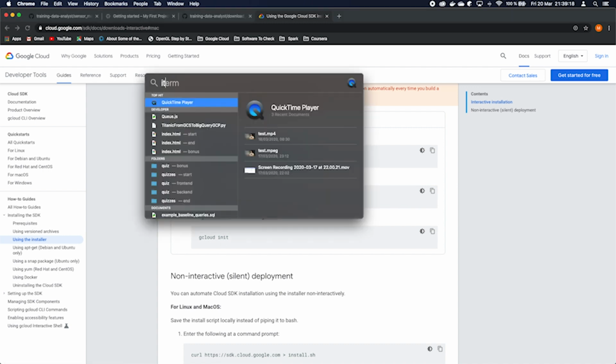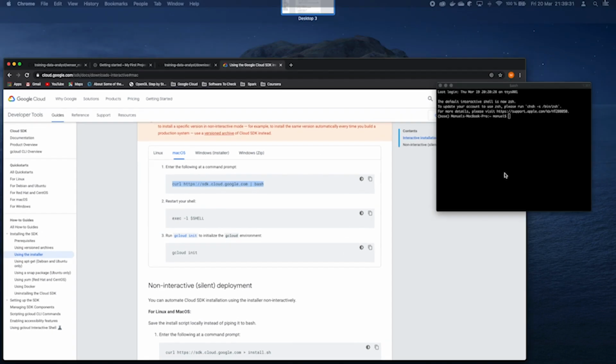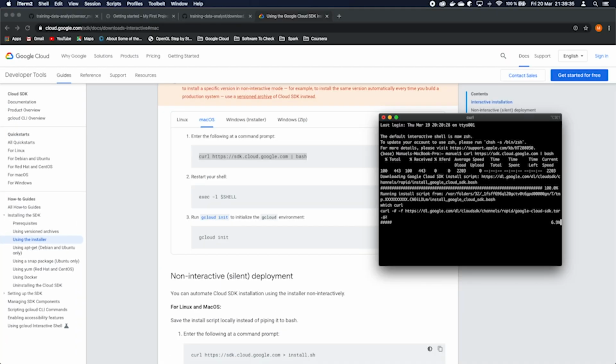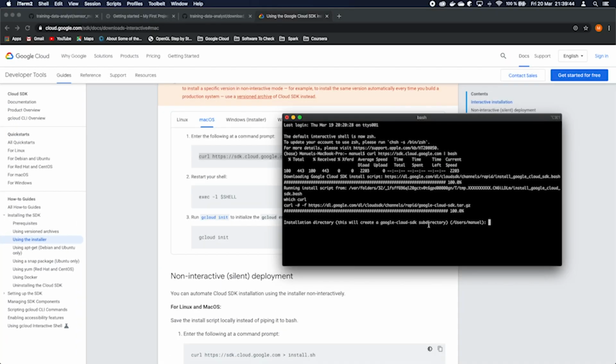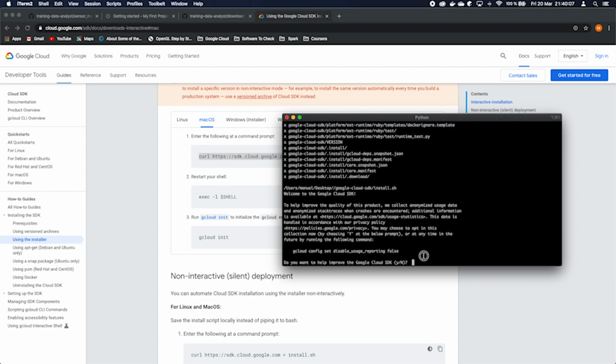Let's open the terminal. I'm going to copy the first command and I will receive the package which wants to be installed in this default directory. I do not agree. Let's put it on my desktop for now so I can easily find it. Do you want to help improve? No thanks.